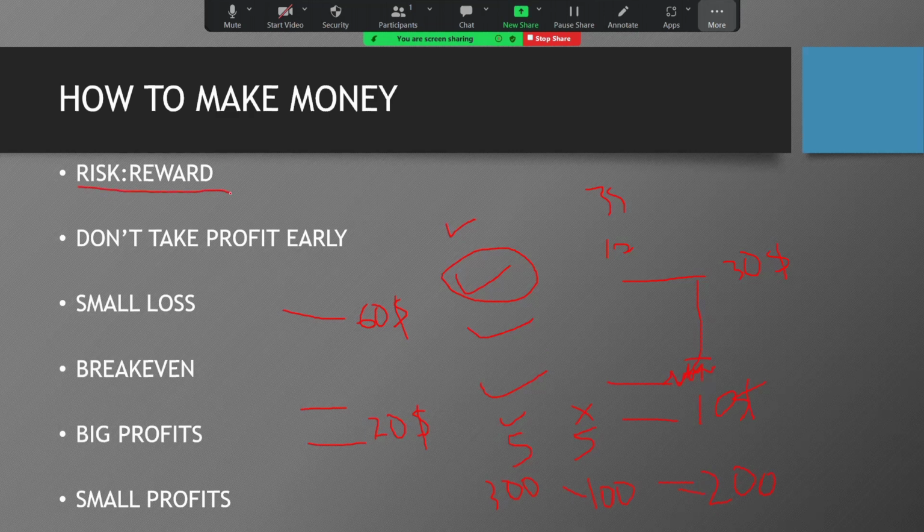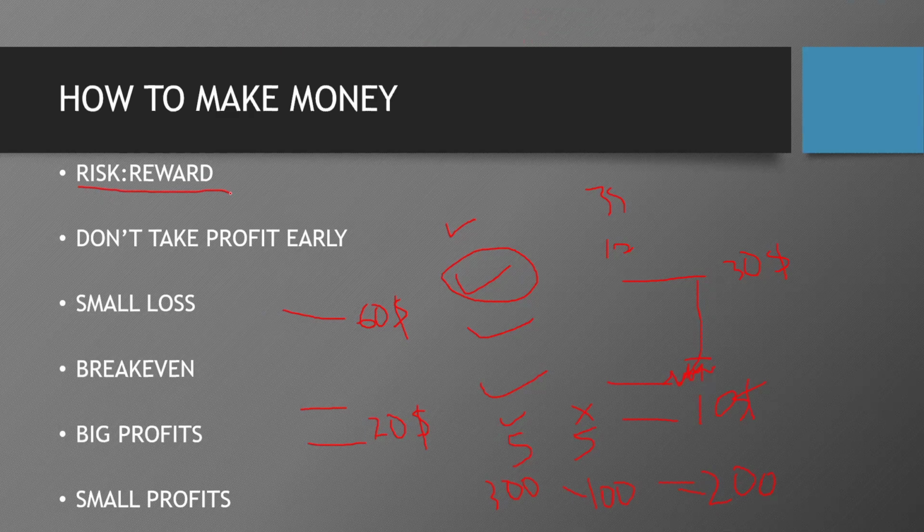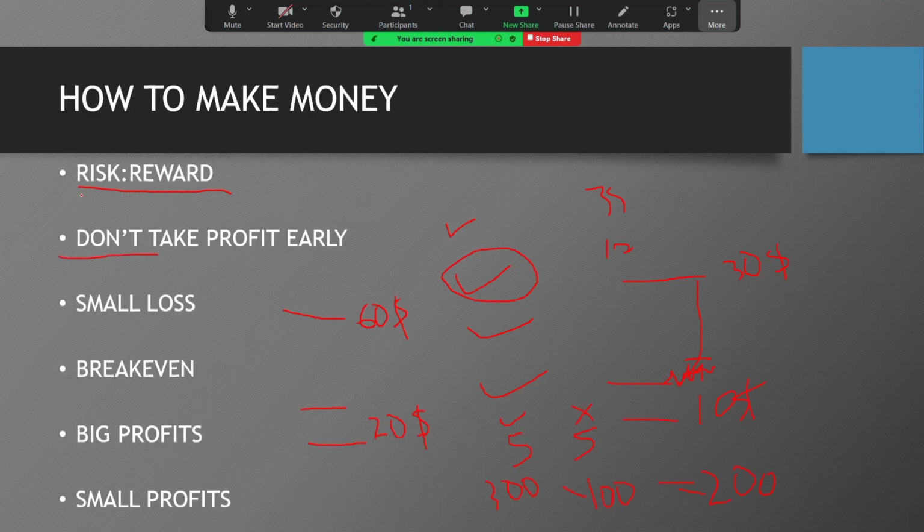Risk to reward. Your reward for every trade should be minimum times 2. For me, it's times 3. If I'm risking $1, I want to be making $3. If I'm risking $20, I want to be making $60. If I'm risking $10, I want to be making $30. If I'm risking $5, I want to be making $15 on that trade. Do you understand? On that trade, on average. So don't take profits too early. Make sure your risk reward is good. Keep your losses small. Big profits, small profits is acceptable, but